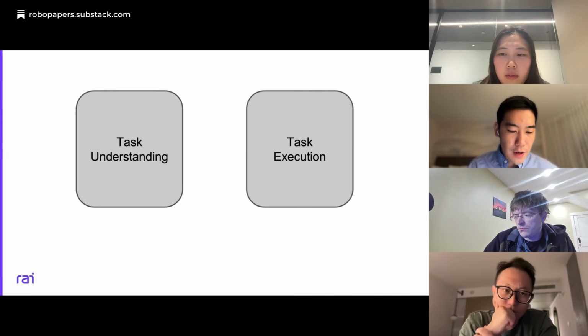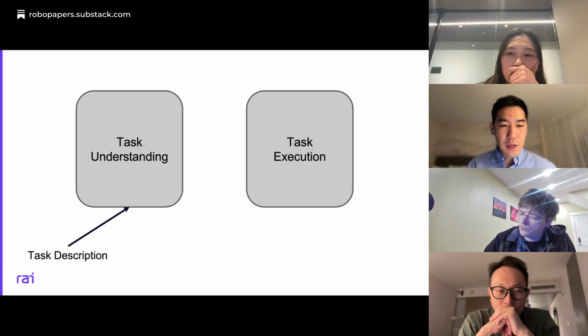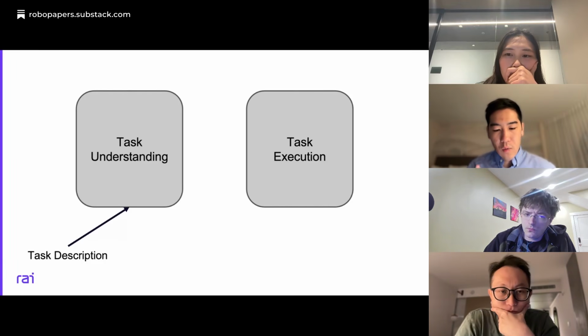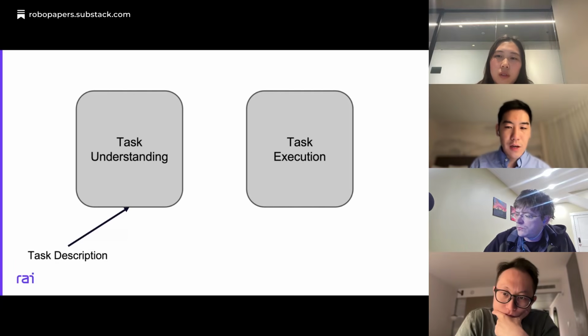We find this very promising. The input to this task understanding module is a task description, which in our case is one RGB image plus a natural language description of the task. For example, you take a picture of the table and say, hang the mug on the rack.